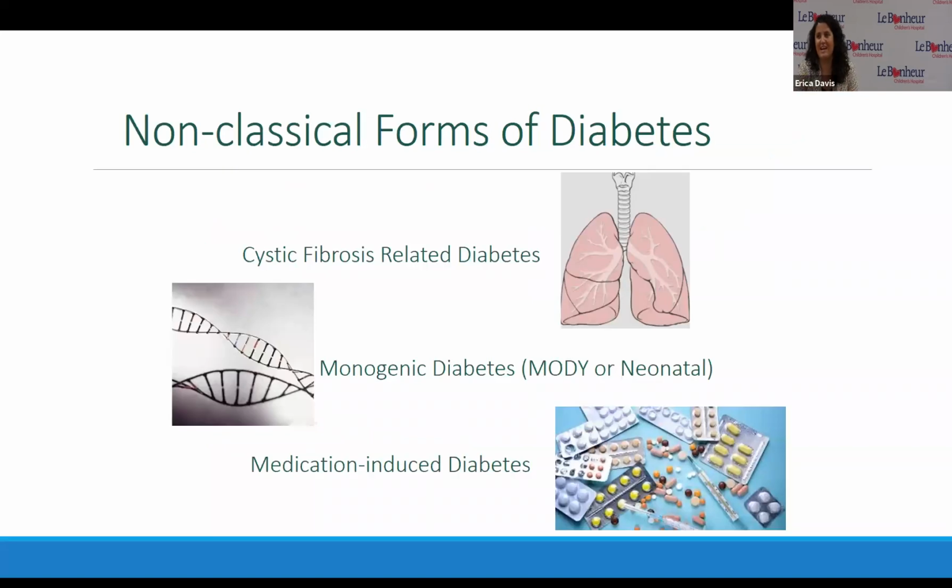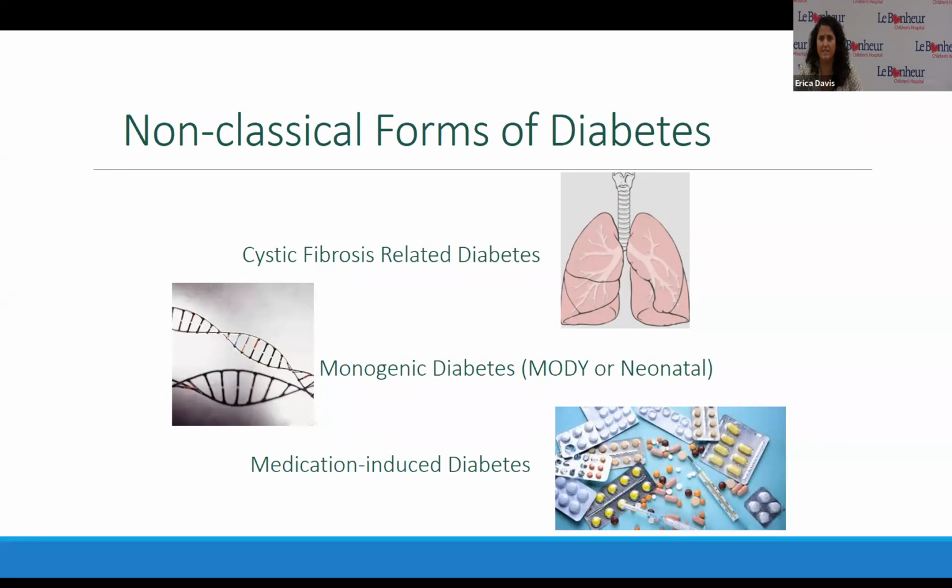So just a few other types of diabetes I do want to mention that you might see. Cystic fibrosis related diabetes. This goes along with a cystic fibrosis diagnosis. So generally what happens in cystic fibrosis is you see an overall thickening of the body's different fluids. And so with that, we can actually see some scarring in the pancreas and a decrease in that insulin production. So a lot of our children with cystic fibrosis and our adults with cystic fibrosis will eventually get a diabetes diagnosis just related to the whole picture of CF.